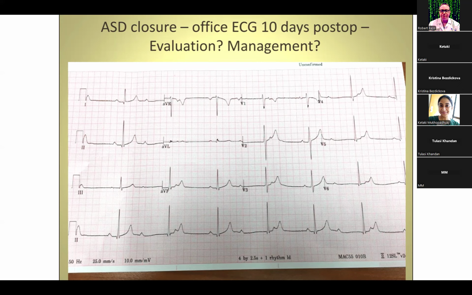I'm looking at the rhythm strip, and I find a P wave followed by a long PR interval, and a QRS, and then a T, and then a P wave. I just want to make sure, so you're saying this P wave has a long PR interval. Yes. And then a T wave. Okay, I just want to be sure we're on the same page. Go ahead. Thank you. Yes. And then I have